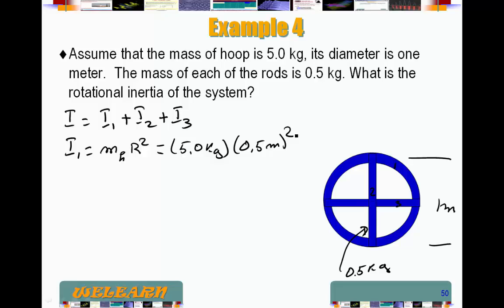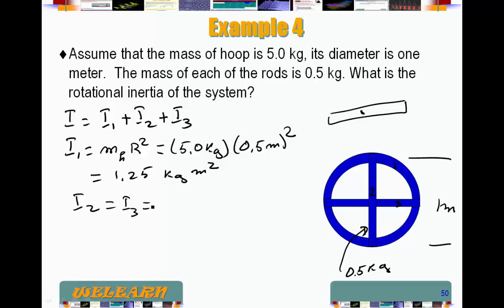Okay, so we have to calculate that. So 0.5 squared, that should give us 0.25 times 5, that should give us 1.25 kilogram meter squared. Now for I2, it's just a rod that's been spun about the middle. And I3 is the same thing. So I2 is equal to I3. And remember, the equation was 1/12 ml squared. So in this case, it's going to be 1/12 m, which is 0.5 kilograms, and L is 1 meter squared. So in this case, that's going to be 0.5 over 12,